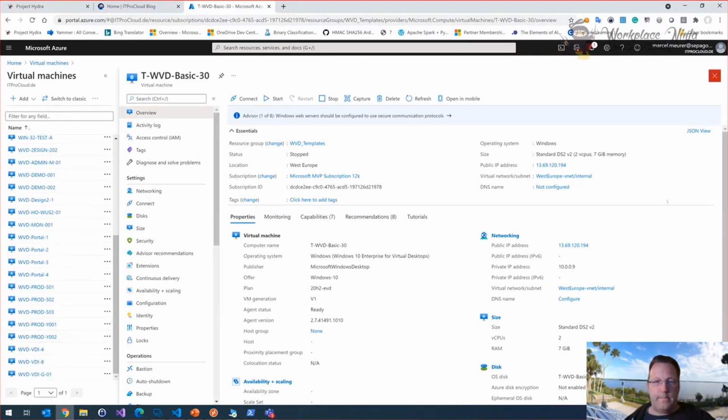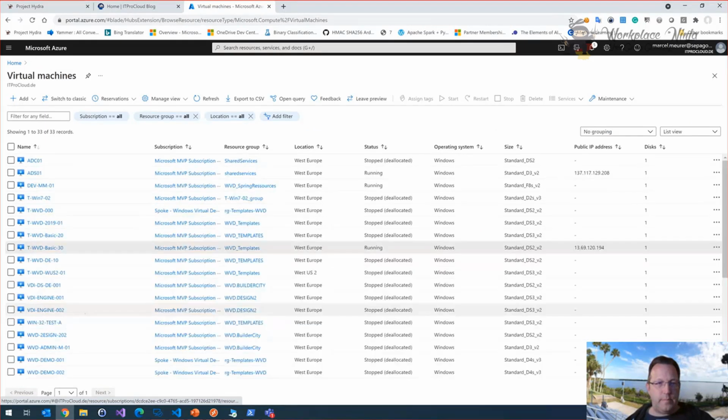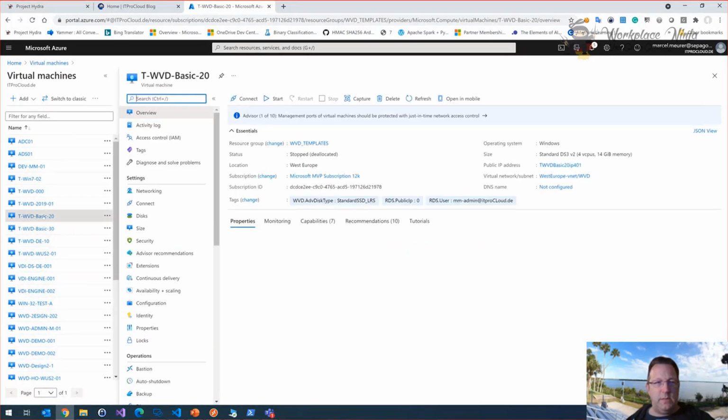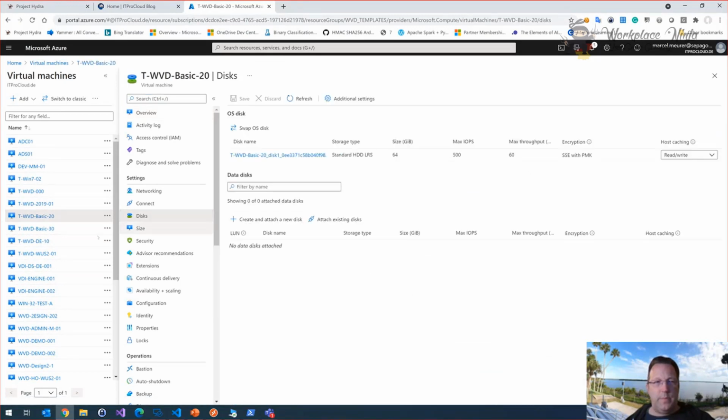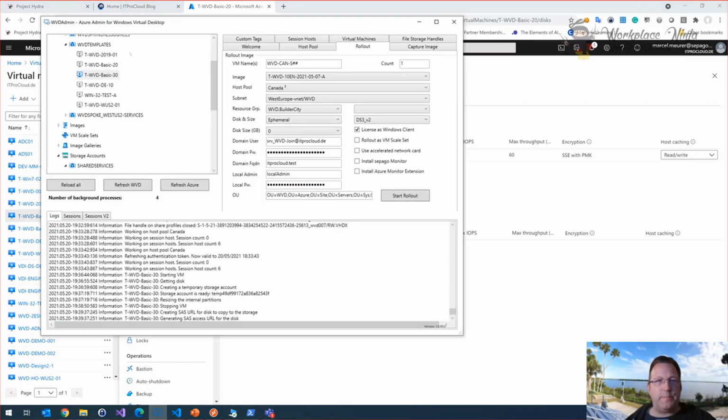So I think that is not running. Let me check this first. This virtual machine is one of my gold masters, and it has a standard HDD, so one of the low-cost disks inside. If I go to WVDAdmin and start this virtual machine,